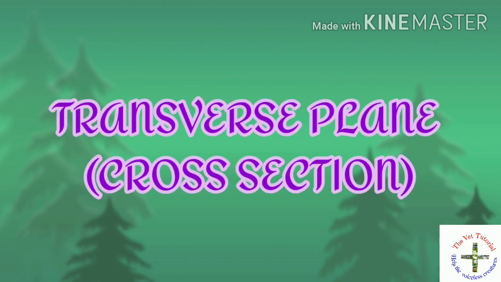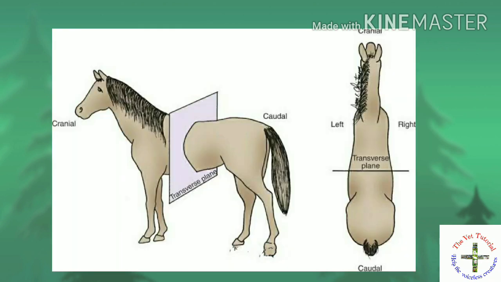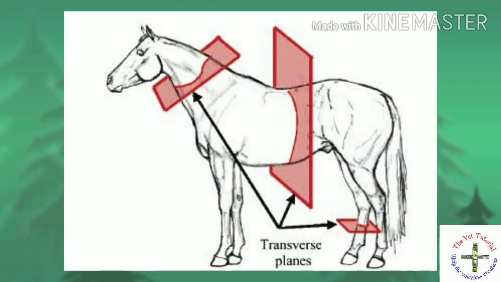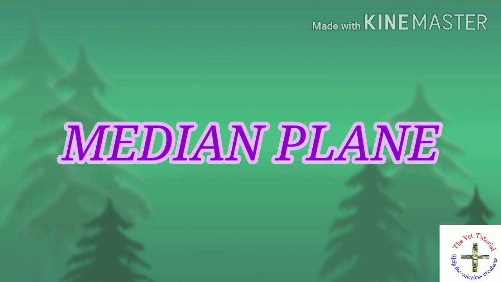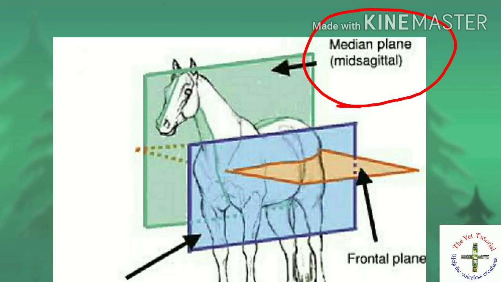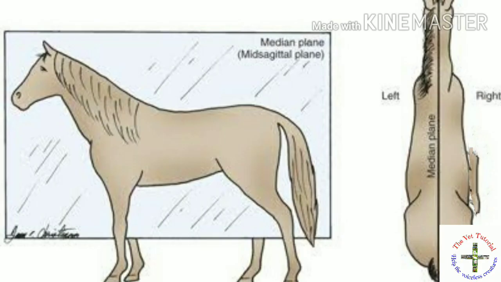First is the transverse plane, or cross section, which means a plane perpendicular to the long axis of the body or limbs. Not necessarily does it divide into equal parts. If it divides the body, it divides it into cranial and caudal parts, and if it divides the limbs, it divides them into upper and lower parts. Second is the median plane. It divides the body longitudinally into symmetrical right and left halves. Suppose we draw a line through the middle of the animal from nose to tail; that plane is known as the median plane.